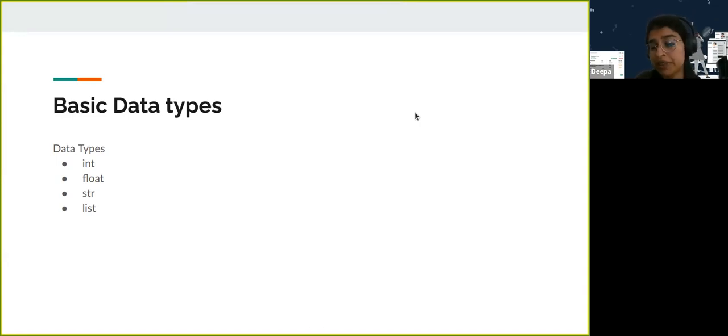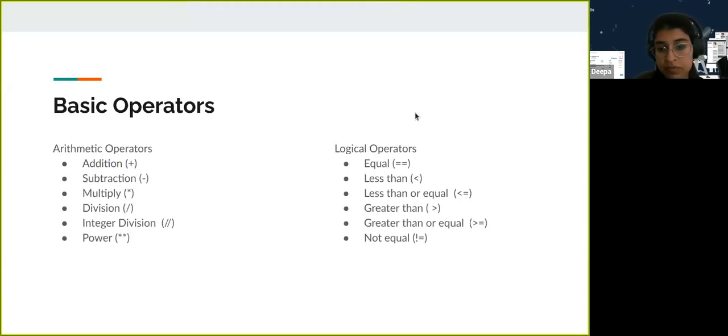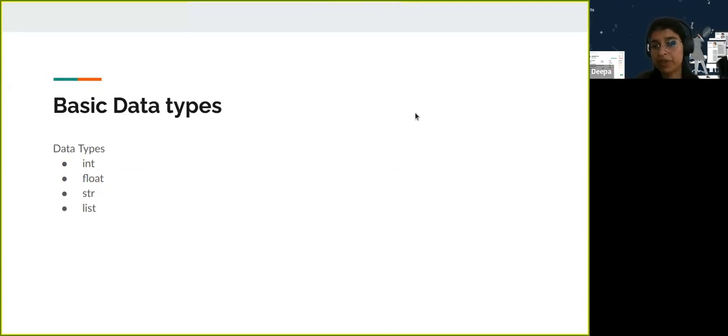List is basically a collection of int, float, or string. Suppose there are multiple integers that you want to store continuously or in a queue format, you will use list. These might look very complicated, but first get a basic concept of these things and start writing a few basic